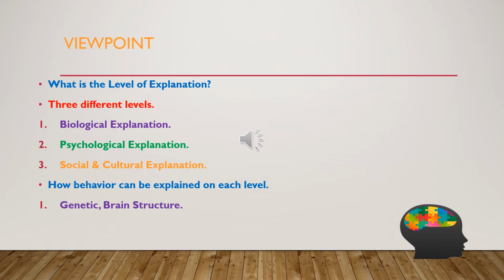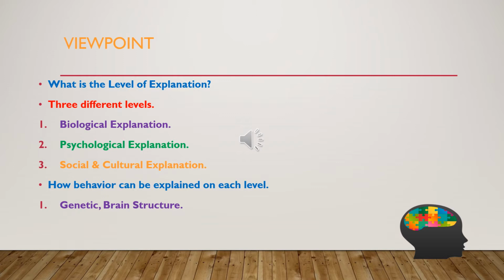What is the levels of explanation? Well, the level of explanation views psychology and Christianity separate. For example, psychology sticks to its academic levels and Christianity sticks to its spiritual levels. But various levels can be used to explain behavior. This approach is founded on the reductionist principle, which states that human behavior can be understood by dissecting or taking apart and simplifying